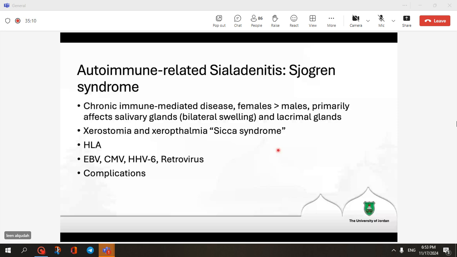We usually call it the sicca syndrome, which is Latin for dry syndrome. Sjogren's syndrome is not a genetic mutation; it's basically associated with histocompatibility antigens, or human leukocyte antigens. The HLA that are involved in this disease are HLA-DRw52, HLA-B8, and HLA-DR3. And some people believe that Sjogren's syndrome may be exacerbated by the presence of EBV, cytomegalovirus, human herpesvirus 6, or retrovirus. Sjogren's syndrome is usually benign, but we fear it because there's a bad complication of Sjogren's syndrome. Sjogren patients have a higher